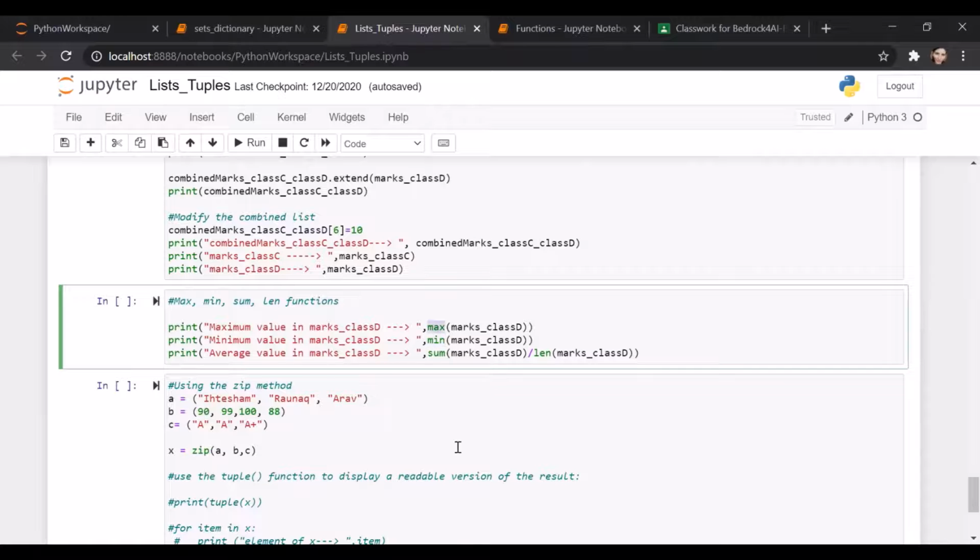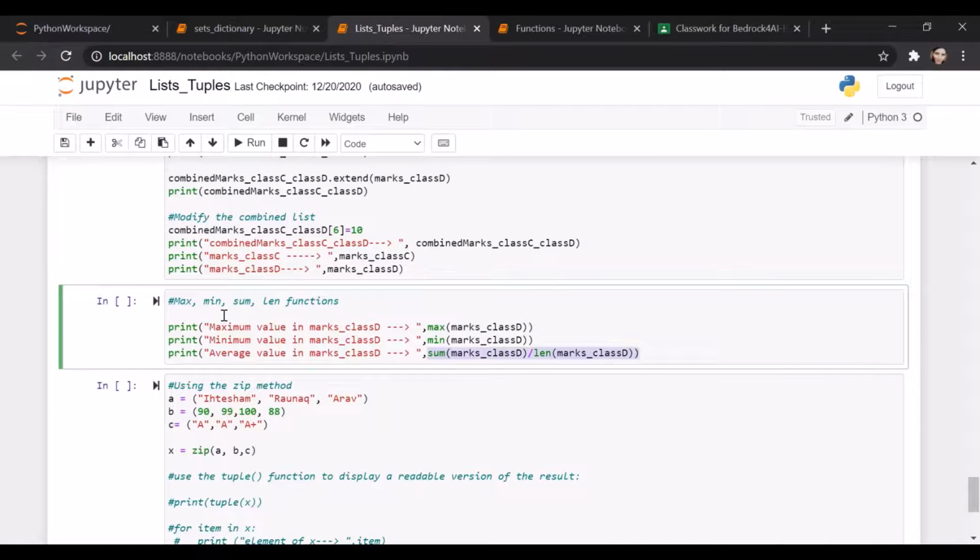So then you have these group functions where you can find, so if you have numeric data in the list, you could use, so this function works for all collections. So you could use these functions to find the maximum from the elements in a collection, or the minimum. Like if you have 10 numbers in this list, this will give you the maximum, the number which is the max out of all of those, and the min, and this will give you the sum of all the elements.